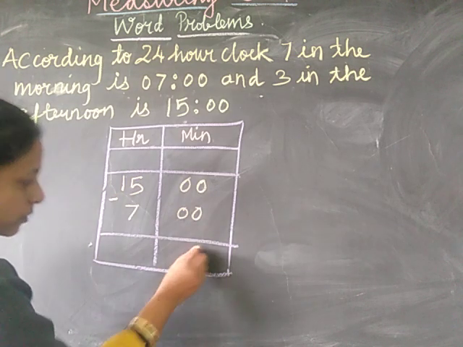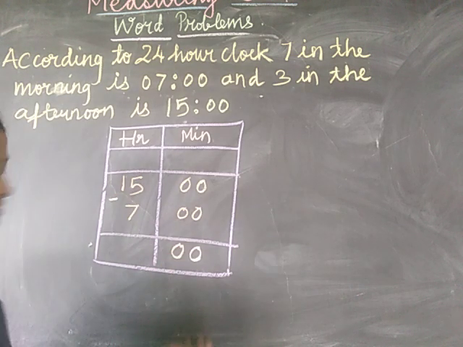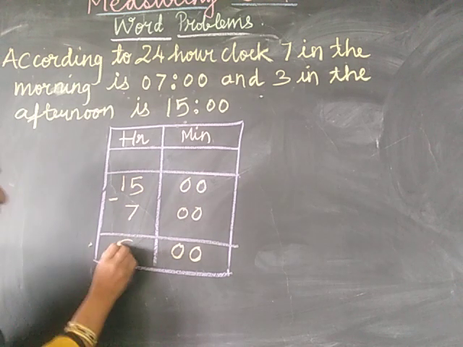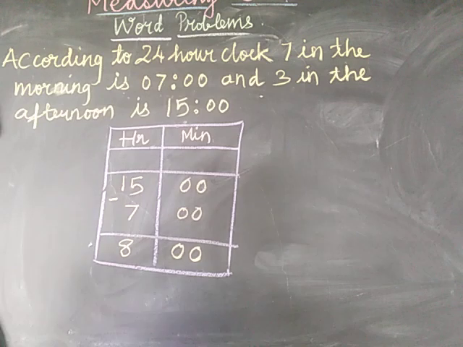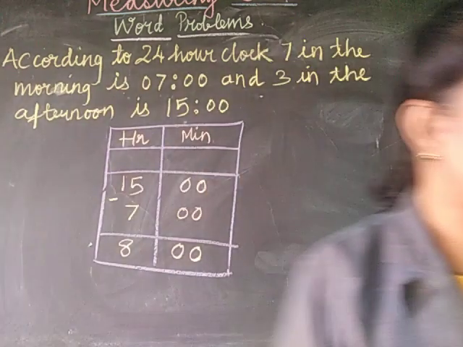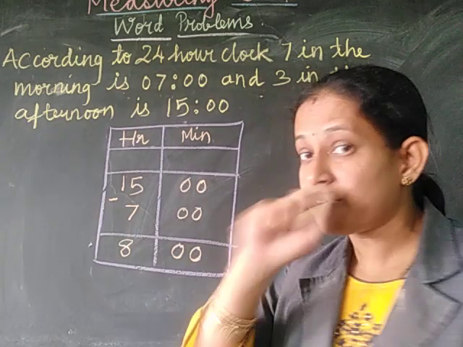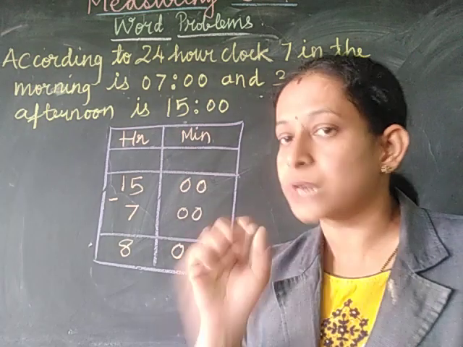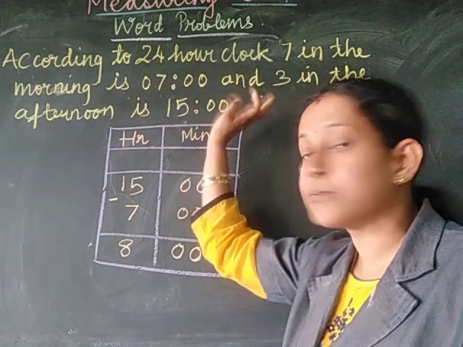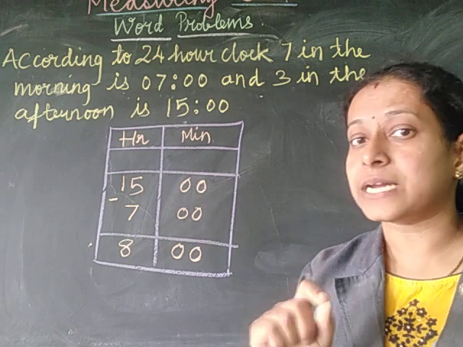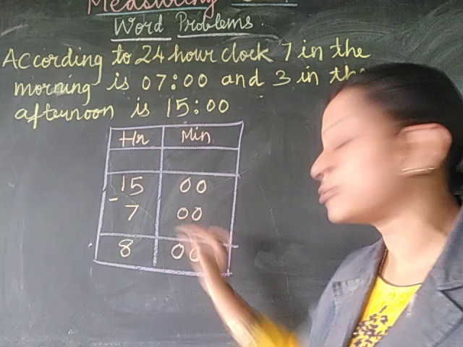So very easy problem, right? This is 0 minus 0 is 00. And 15 minus 7, you know it is nothing but 8 hours, right? So it takes how much time? We have to write a conclusion. Sorry, I forgot in the previous question to write the conclusion. But whenever it's a word problem, remember, you have to always conclude. So you have to write a concluding statement here.